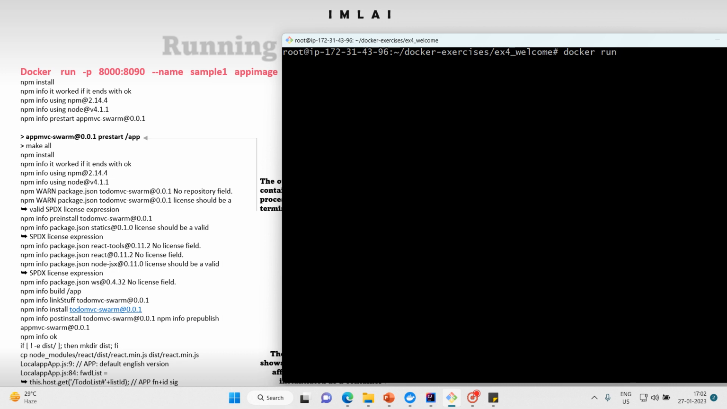Name, I'm gonna give. Name port is not required because it will just print a message and it will die. The container will print a message and it will die. So that's the reason you don't need to give a port at all. So name I'm gonna give